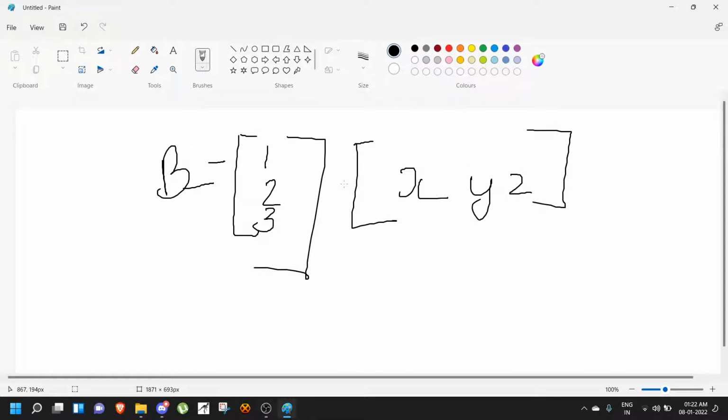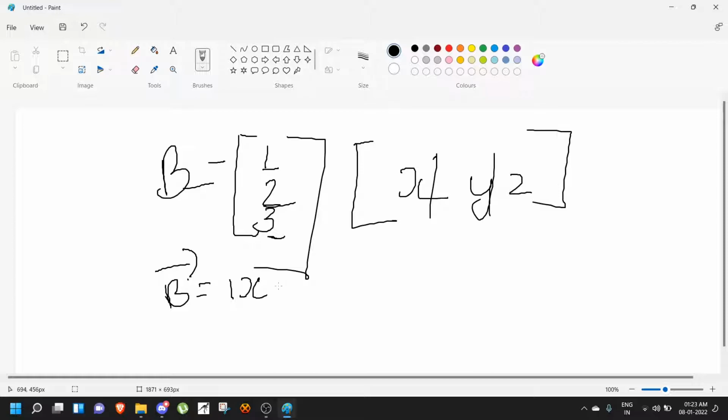We can represent a vector by matrices, and if we multiply this, 1 into this, 2 into this and 3 into this, which is nothing but row into column, you'll get B. From this point we don't have to mention it as B, we can mention it as B bar is equal to